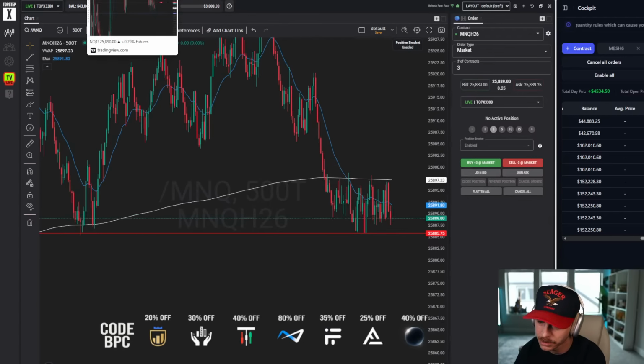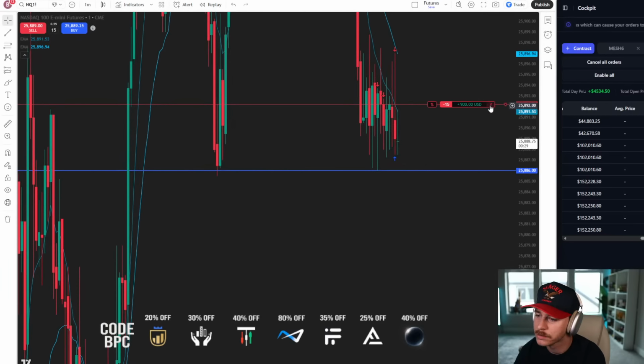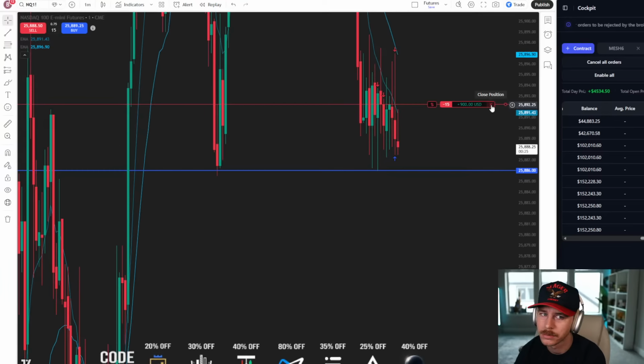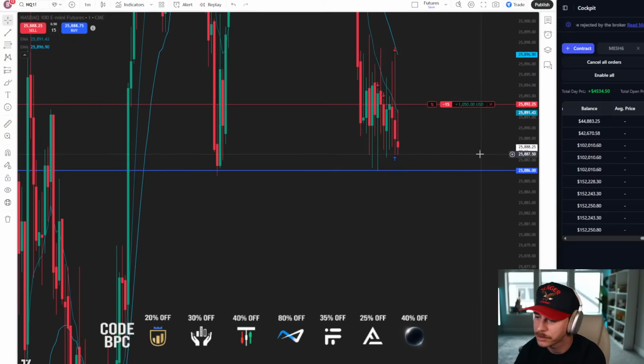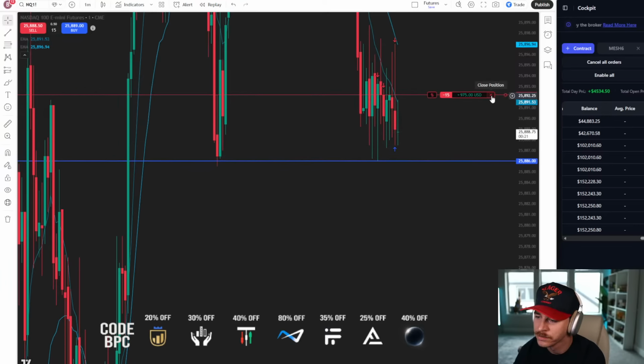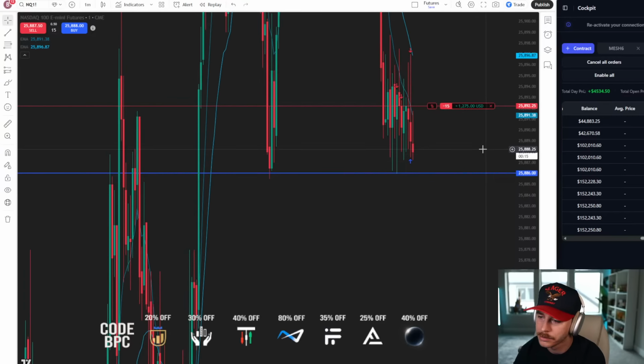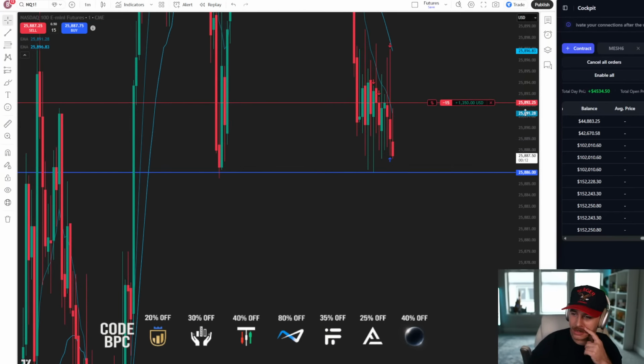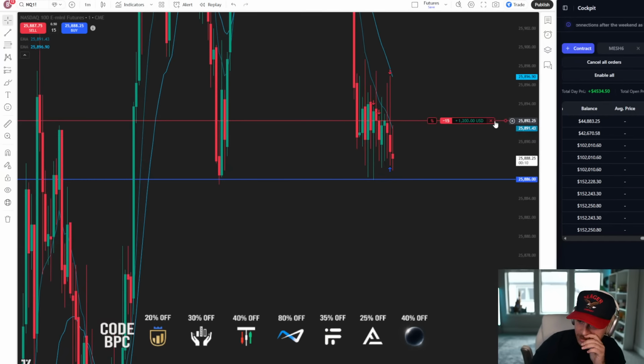I actually can't believe this. Here we go, 87's. First time we've seen that level. Let's see. Look at this shit. Look at this range on the 1 minute. Look at this. This is unbelievable. This is unbelievable. Play the range. I think I might have to at this point.